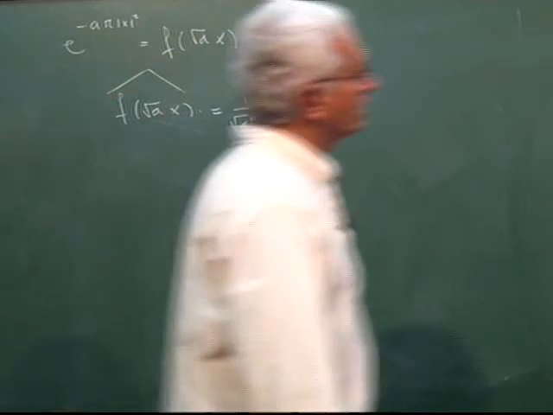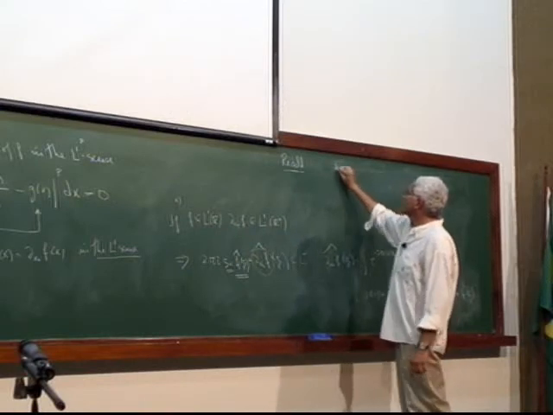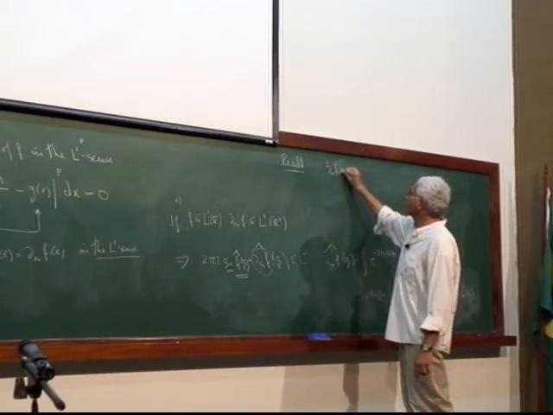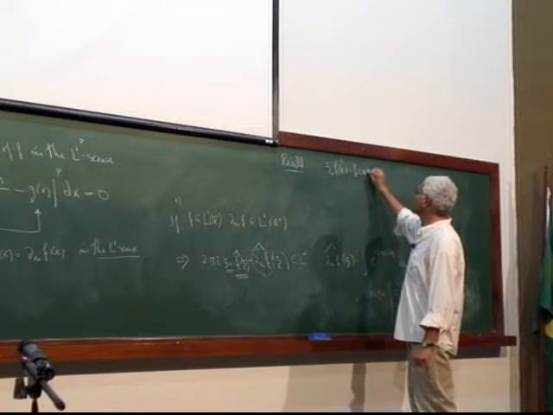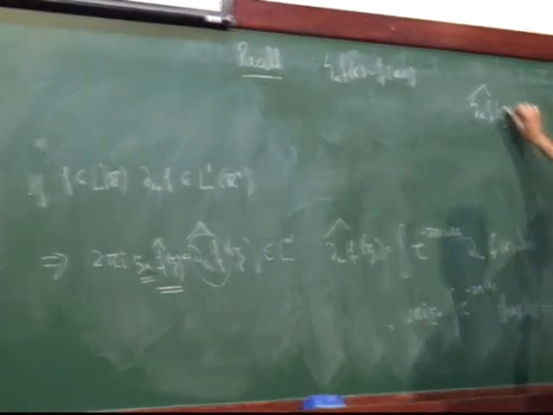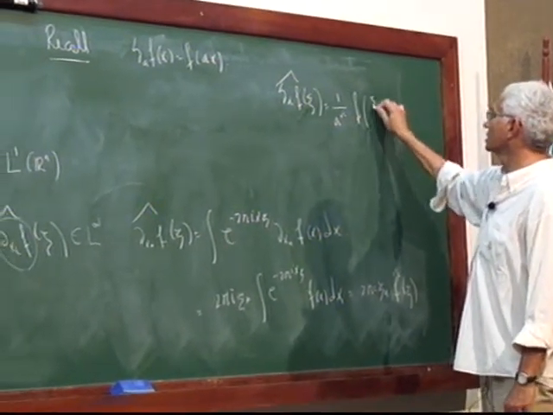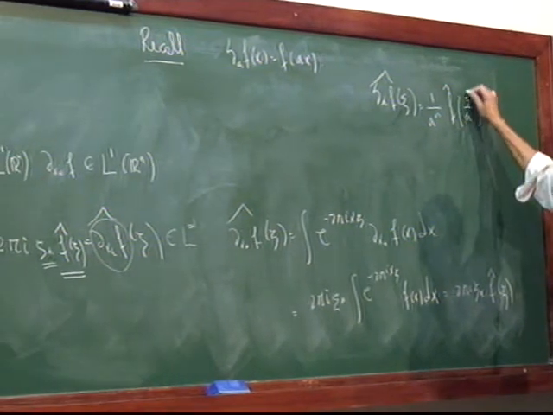And I'm using this formula that I erased, the formula of the dilation. Recall, the formula of the dilation was this. If you have the dilation of A of x is f of ax, then